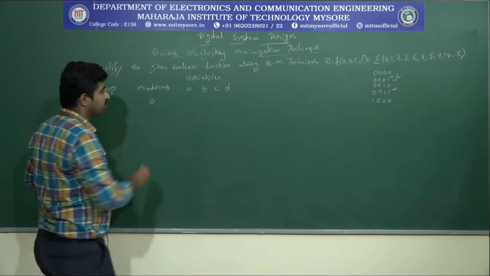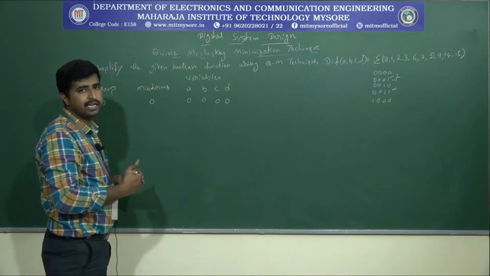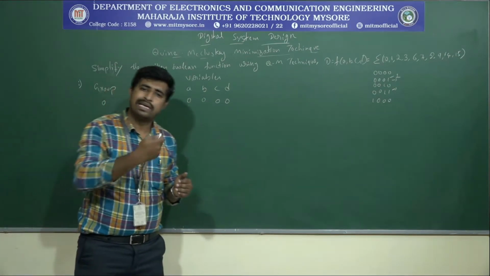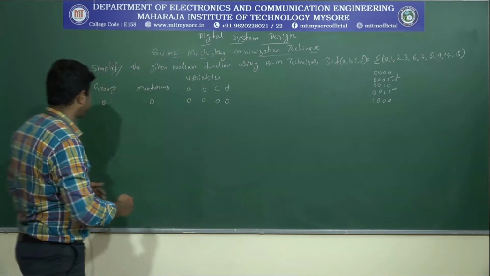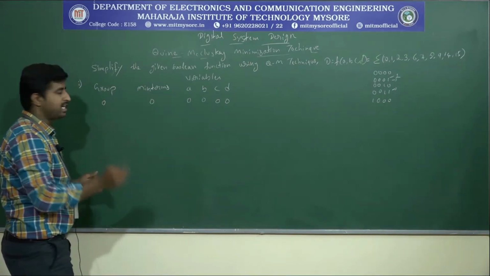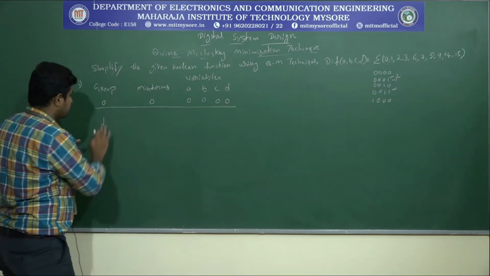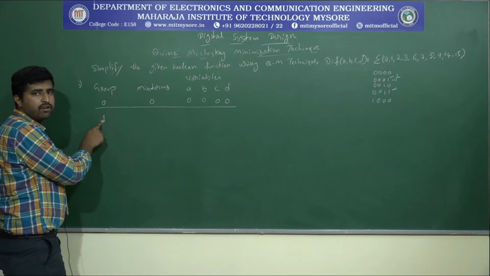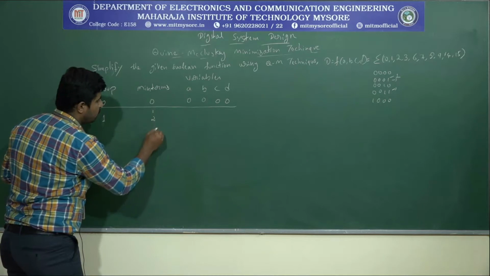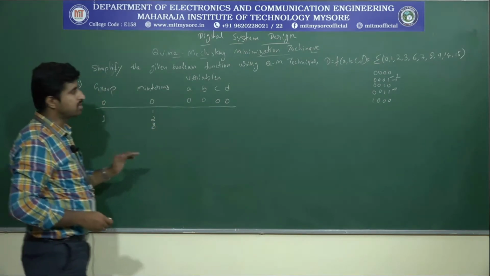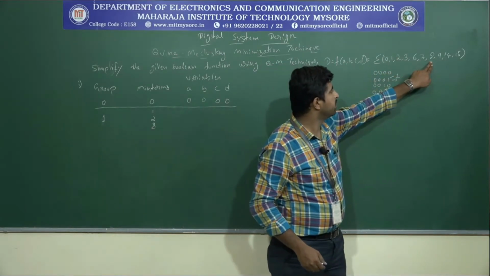What are the variables corresponding to that? 0, 0, 0, 0. Next, the next order. As already said, we need to list out the minterms in increasing order of the number of logical ones. So the next order is 1. I will consider that as group 1. Next is the 1 number of logical ones. Which are all the minterms we have? 1, 2 and 8, right? Because these minterms have 1 logical one: 1, 2, 8.